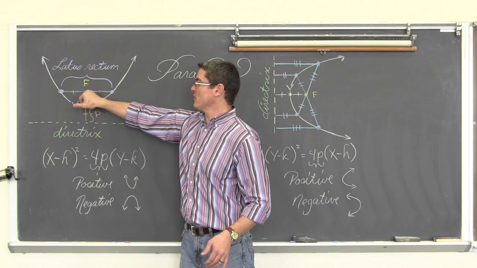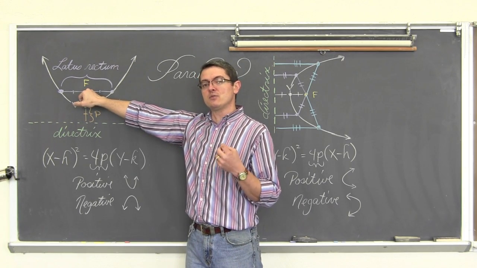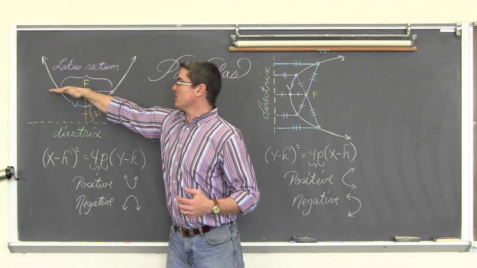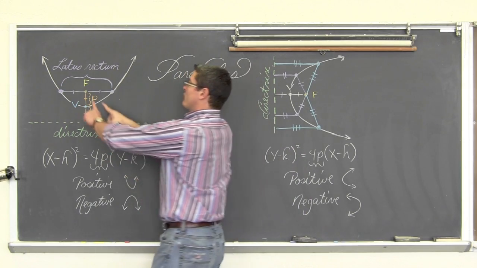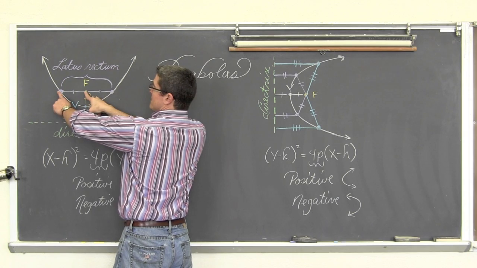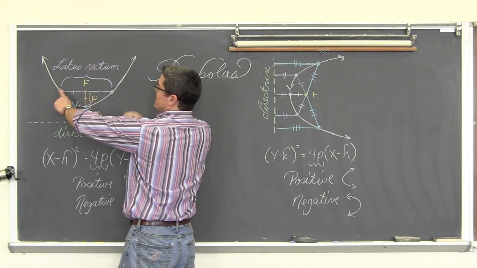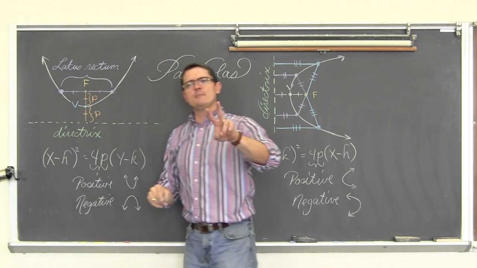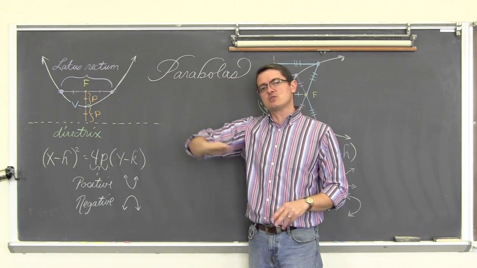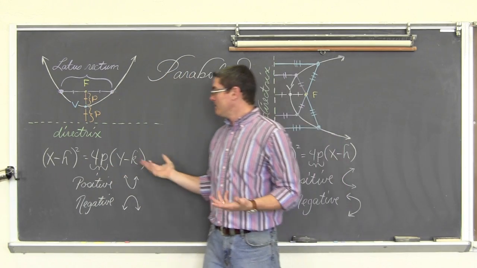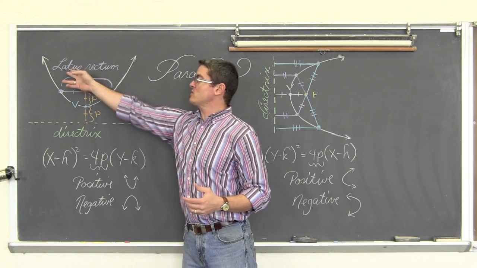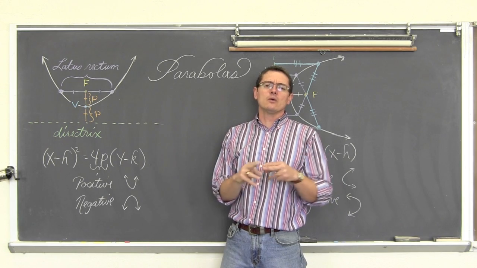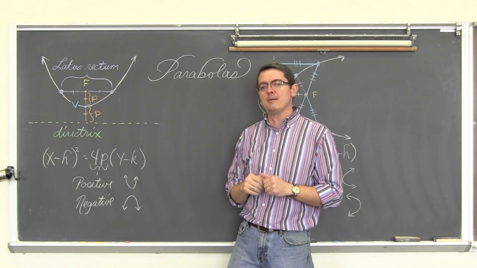And we'll move off the vertex, and one of those movements will get us to the focus point. Perpendicular to that movement, again perpendicular to the axis of symmetry, from that focus point you can go left a distance of 2p and right a distance of 2p, giving you a total length of your latus rectum of 4p, and that'll be an easy way to get two more points to then just draw your parabola through. So this 4p value in the definition of the concept of latus rectum will quickly give you 3 points to draw a reasonably accurate representation of what your parabola is going to look like.